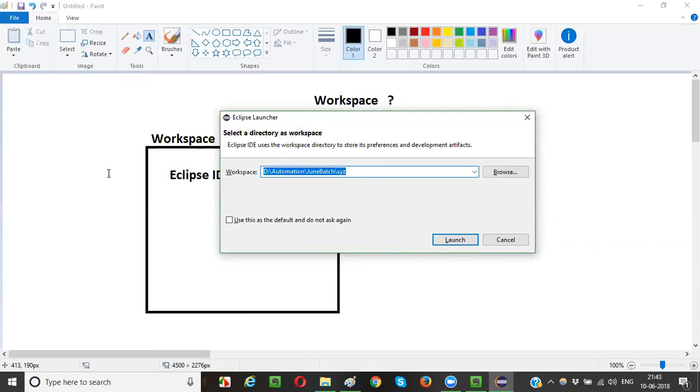Don't give complex paths, guys. Better make sure that the path looks very simple. Otherwise, you will face a lot of issues. It will become difficult for you to do things if you give a complex path. The path should be very simple, in alphabets, with names without spaces and so on. Better to maintain it like this. So "June space batch" should not be there. Better to have "JuneBatch" as one continuous word. Your path should look very simple. This is how the path can be simple. And click on